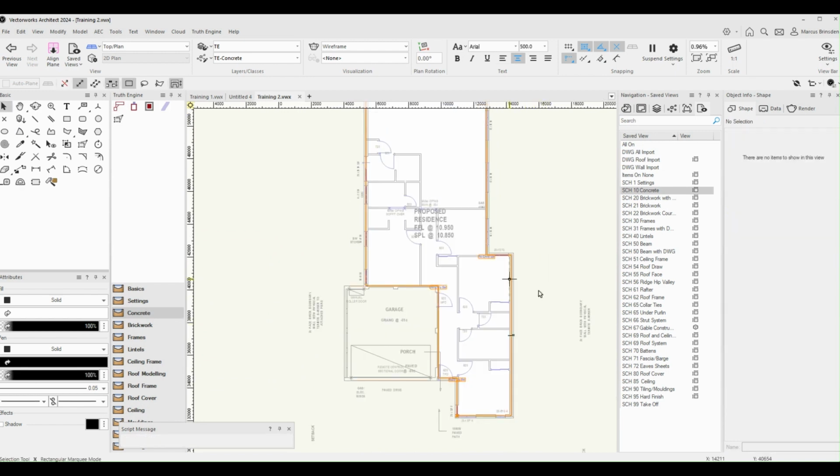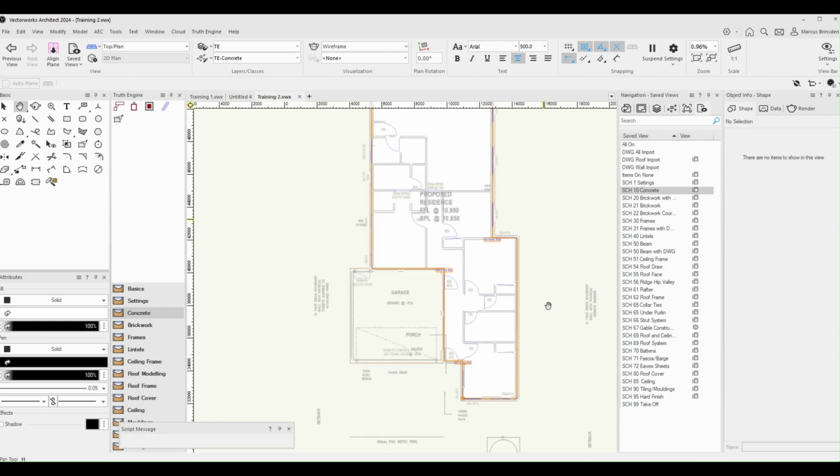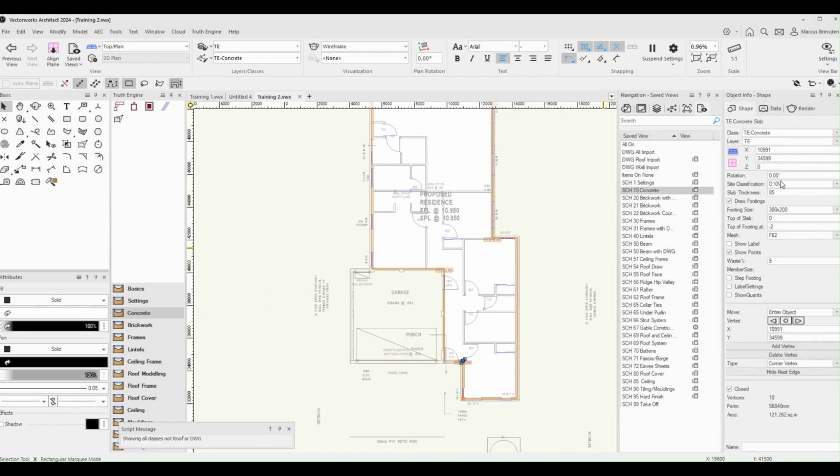So if we select that slab, we can see it's already worked out where you need the re-entry bars. Let's use the default site classification. Now, like I've shown before, if you change that site classification, it'll change the thickness of the slab and where the footings are required. So if I go for something a bit heavier,